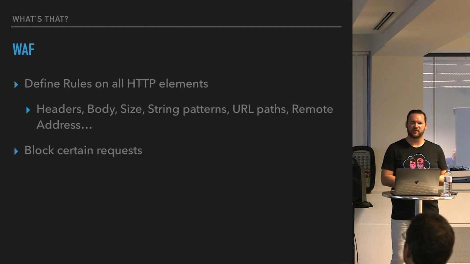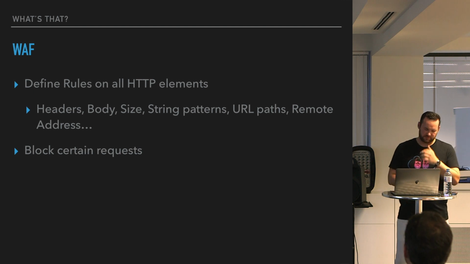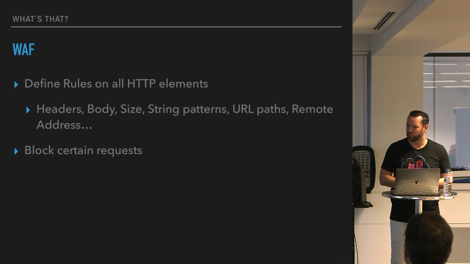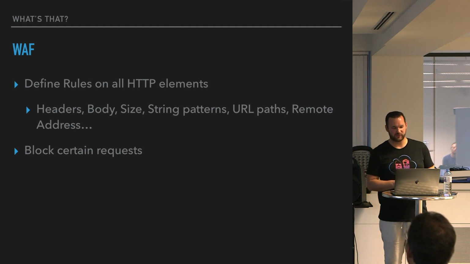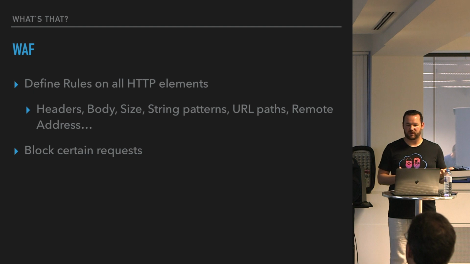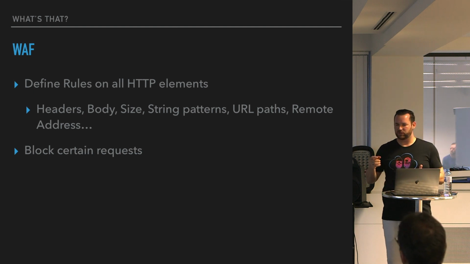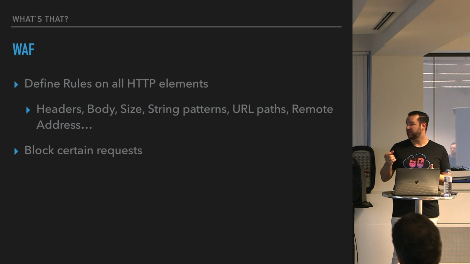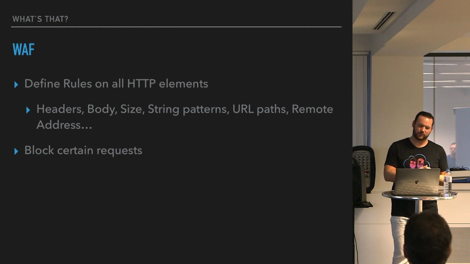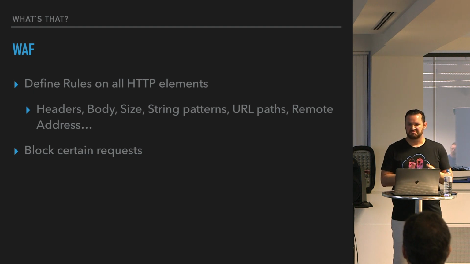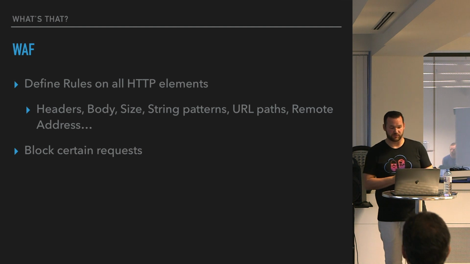And there is the Web Application Firewall. It's also something released last year. At least it got a huge update by AWS. And it's a serverless way of defining rules and HTTP elements to be sniffed and checked for you, like headers, bodies, URL paths, and remote addresses. And you can block certain requests or allow certain requests. And you can install your Web Application Firewall in front of, for example, an EC2 instance, in front of a load balancer, or in front of a CloudFront distribution.